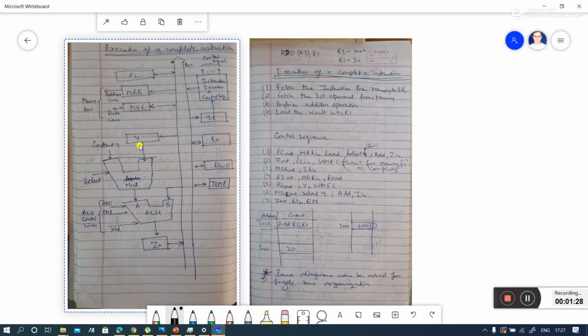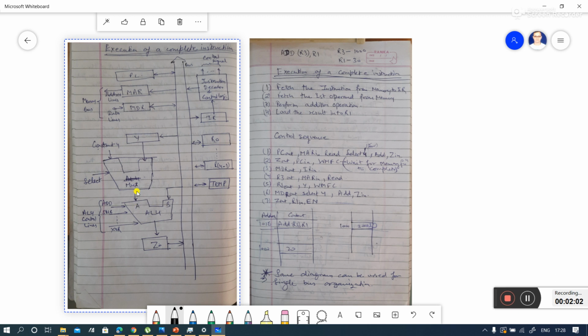Y is one of the operands, and one input is the constant 4. It is also one part of your multiplexer. So it is a multiplexer, right? There is one select line, and it may be 0 or 1. If it is 0, then the constant 4 will be selected. If it is 1, then Y will be selected. So either of these two may be selected using the multiplexer.